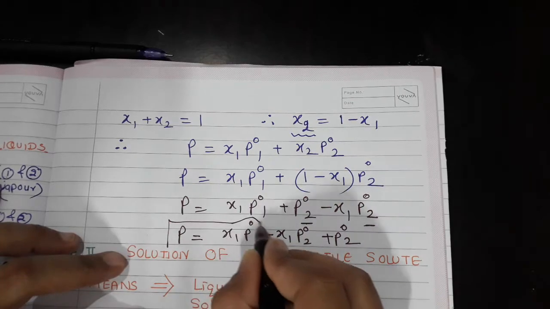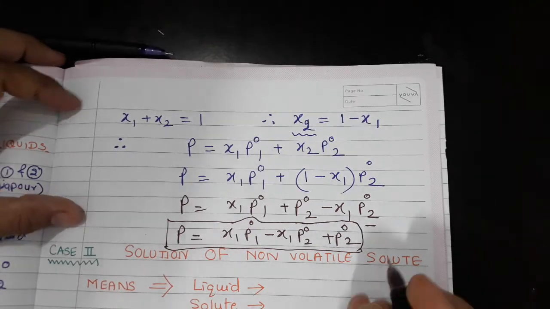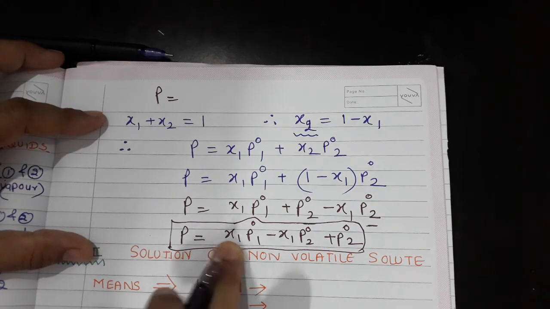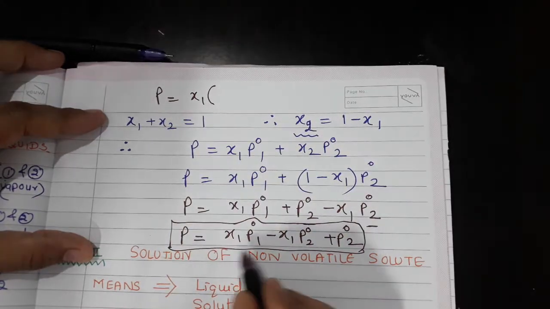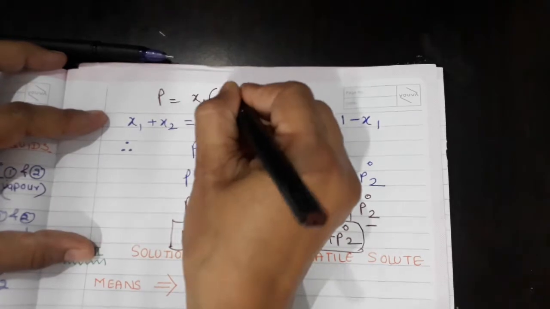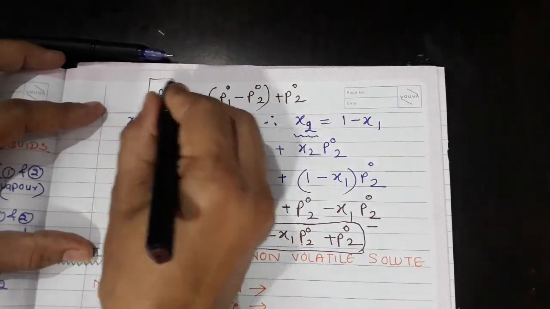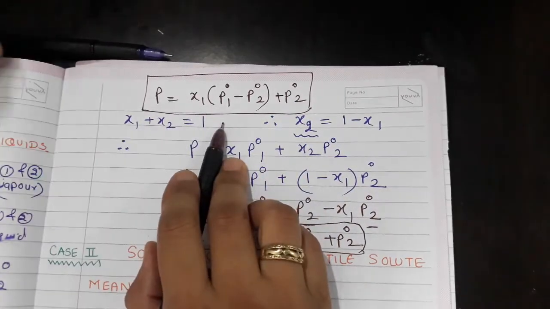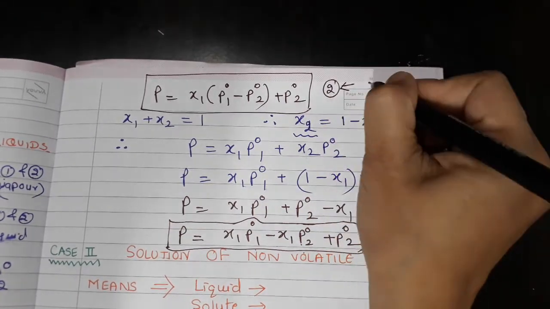Now if you look at this expression carefully, I'll take x1 out, so P is equal to x1 times (P naught 1 minus P naught 2) plus P naught 2. So we finally come to this expression. This is the expression for Raoult's law, in which both the components, the two components,